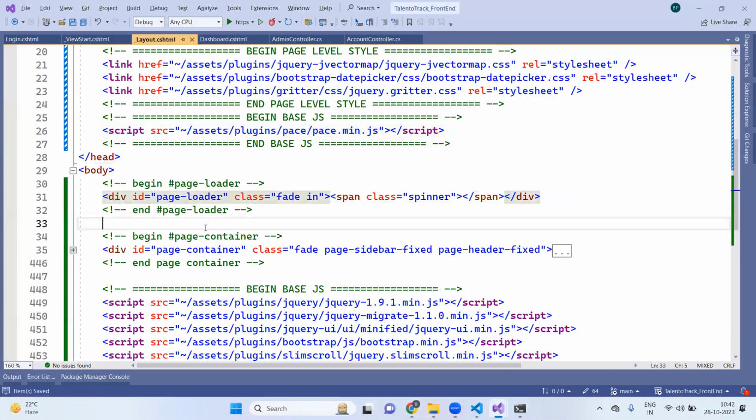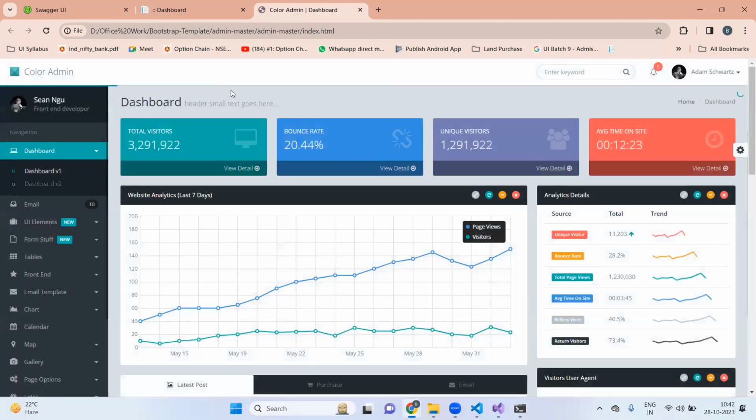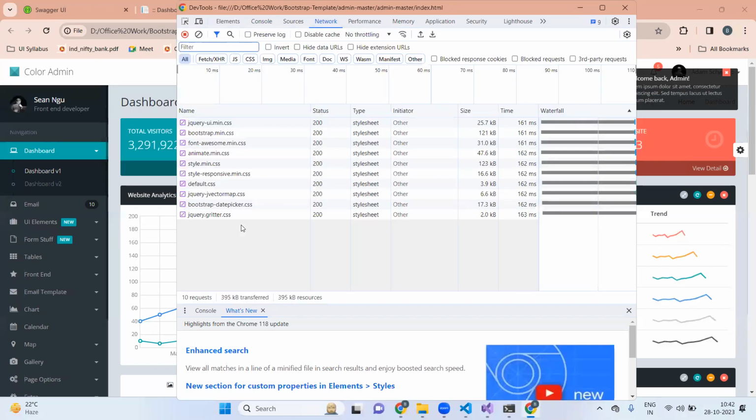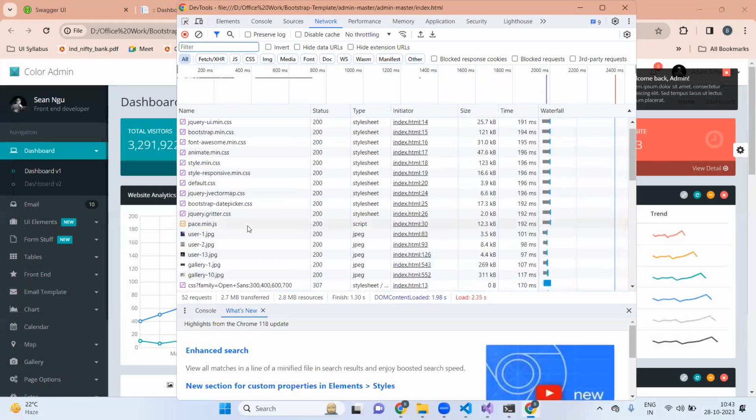Okay, so something we are not doing right. Let me check one more time. If I open this file, it is opening fine. In this case, it is not showing that error. There is no error here in the console. Let me check the network tab, whether it is loading all the JS files or not. Refresh one more time. What was the JS name? It was